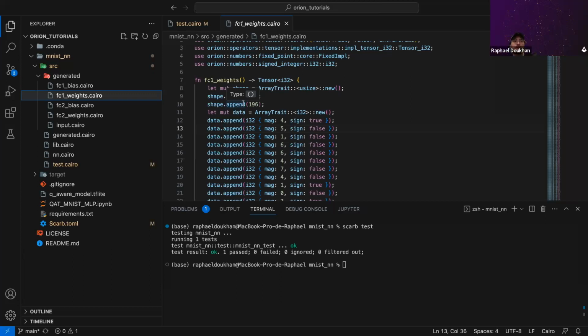And for weights and biases, we just take all values in your tensor, and we recreate the tensor in Cairo. So this is what we do. We transpile it because there is no I/O in Cairo. So if you want to represent an object in Cairo, you have to convert it to a Cairo file.